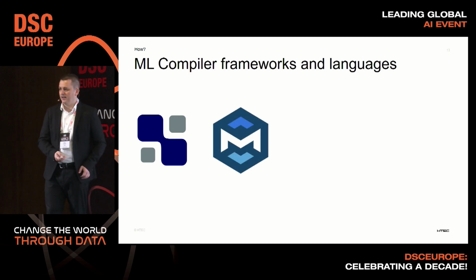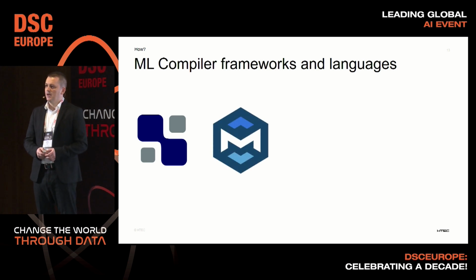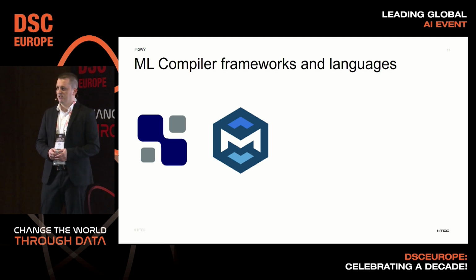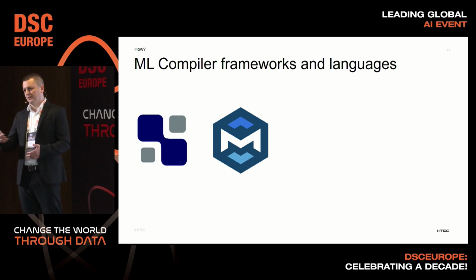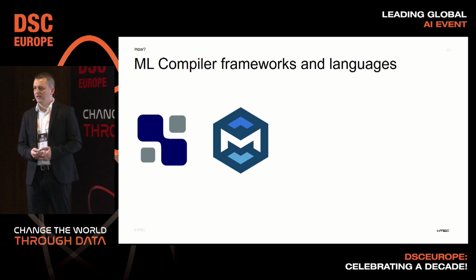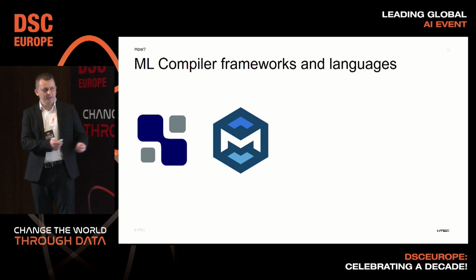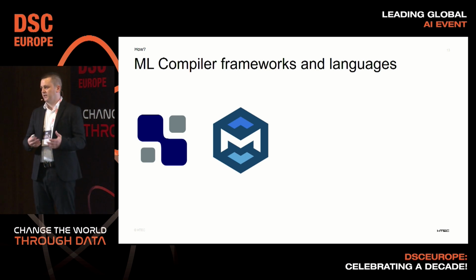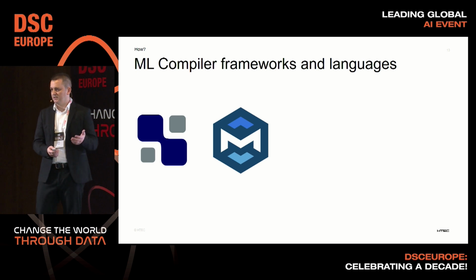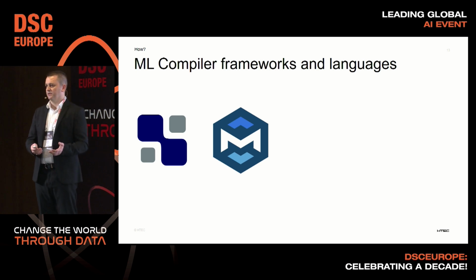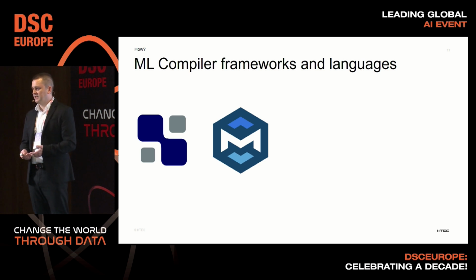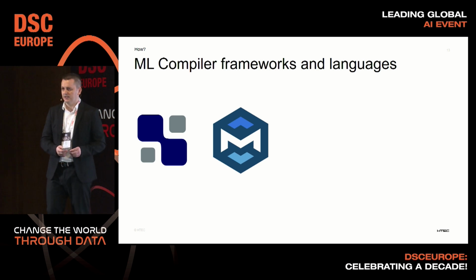Another project is MLIR, which was also mentioned in the previous talk. It refers to multi-level intermediate representations, so it can be treated as a subset of, or also rely on, LLVM IR. The main idea here is to get more expressiveness, compared to regular compilers that will compile C or C++ code. Now you can introduce the concept of tensors or tensor operations,